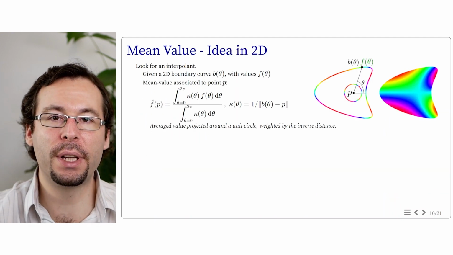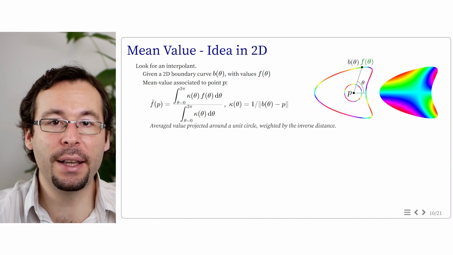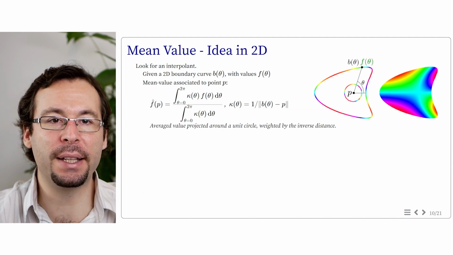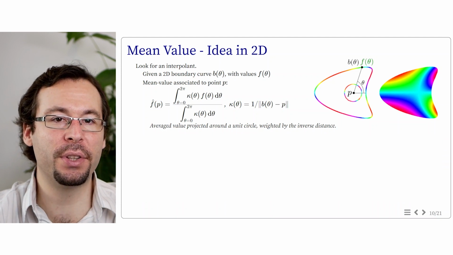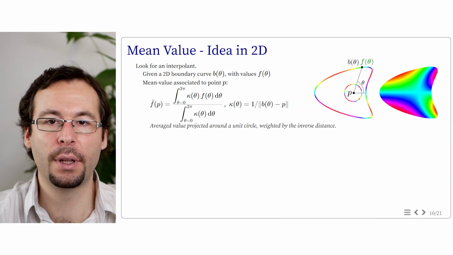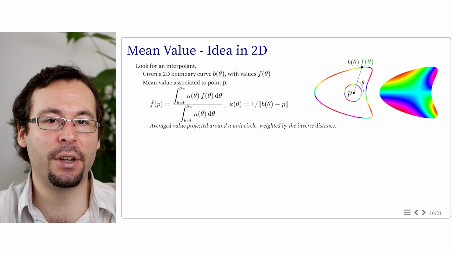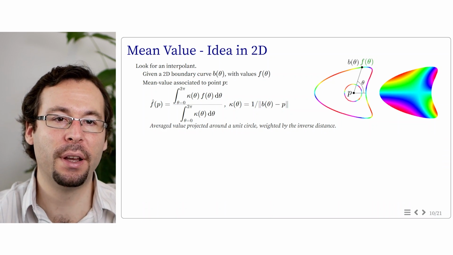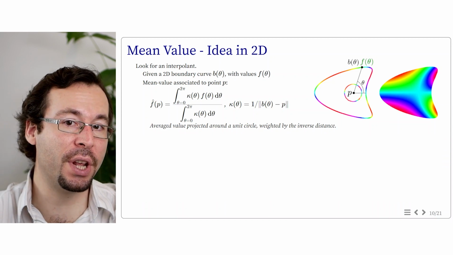And let us now look at the explanation of this formulation. So we consider an arbitrary boundary curve B parameterized by theta, which is the angle in which this point is viewed from a position P inside this curve. In other words, we project the value of the curve on a unit circle surrounding the point P. This curve has a value f of theta for each theta.